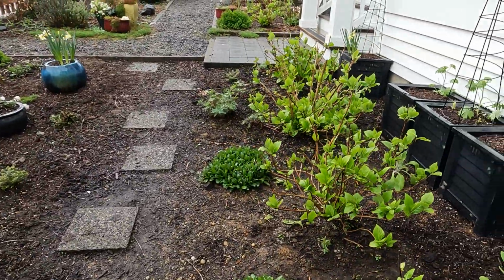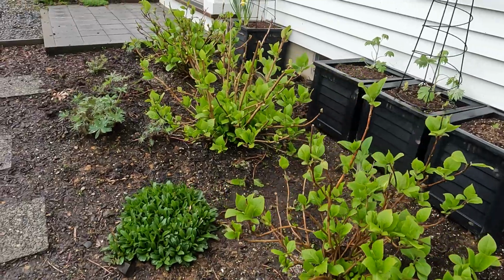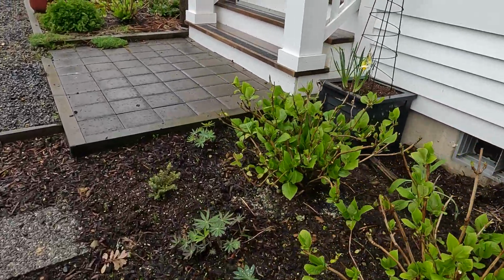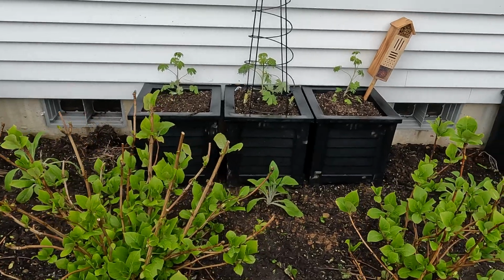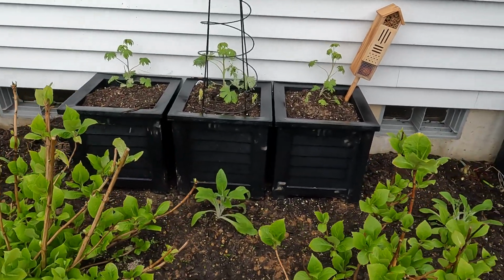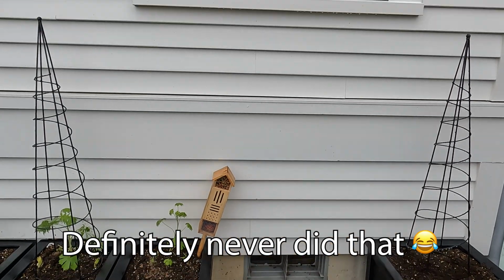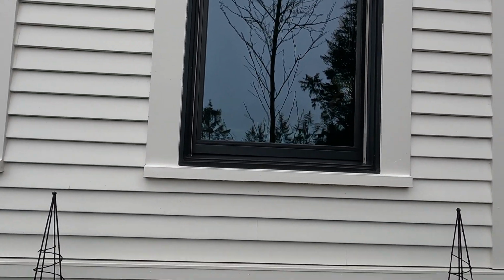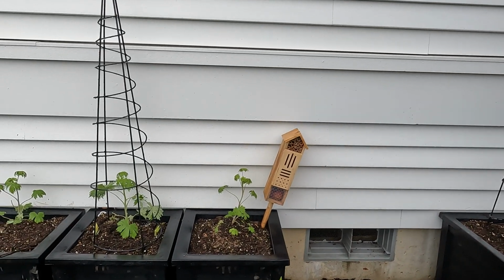These hydrangeas were here last year. I put some fertilizer in them to try to keep them blue. I want this section to be blue and yellow and probably orange. I think I'm going to put some Tithonia in here that should fill out. These are our dining room windows. Nothing in that pot yet. There's 3